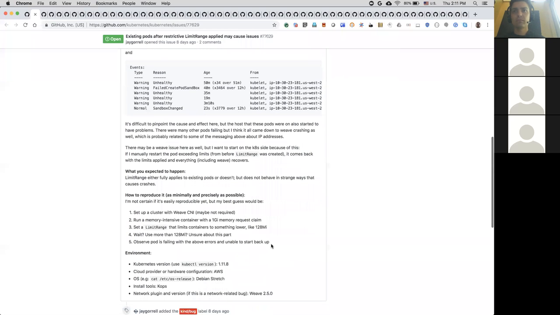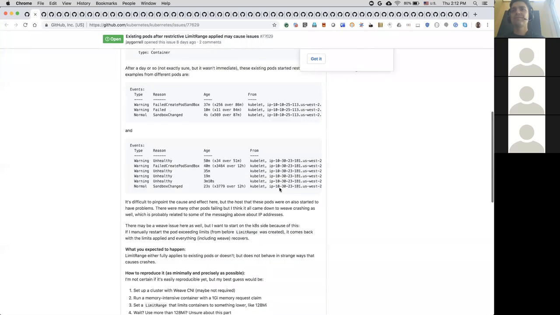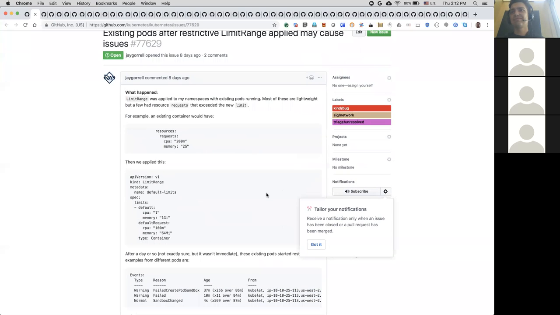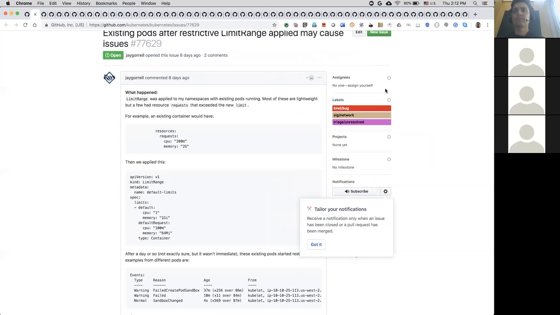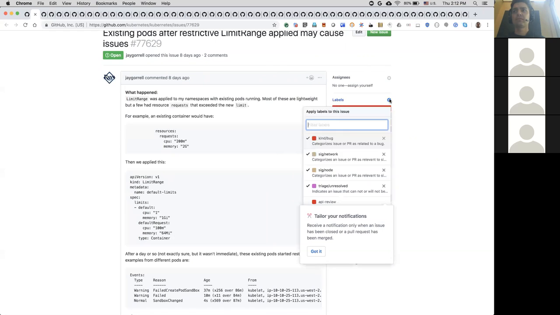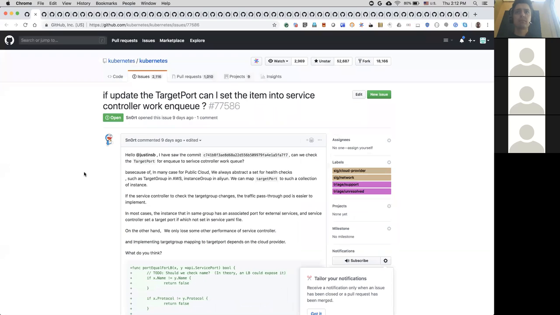It almost looks like they are playing around with limits on containers, and the networking container daemon set may not be able to support that low of a limit or something, and so it isn't running. Who knows? I don't know if this is networking at all. Yeah, SIG node? Yeah, I'd say node. Okay. All right. Next one.